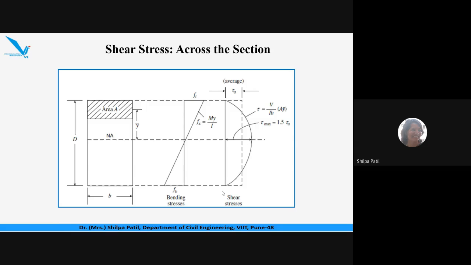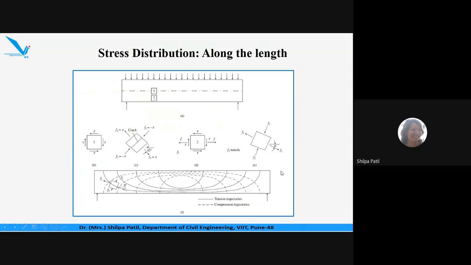So if we consider any particular section, suppose I'm considering any section in the tension zone of the beam, there will be a certain amount of bending stress and a certain amount of shear stress acting together in the beam. And for both these forces, we need to provide the design, or we need to consider some design aspects which will tackle both these stresses effectively. Okay, so now, by considering the stress distribution diagram of bending and shear forces, let us come to the